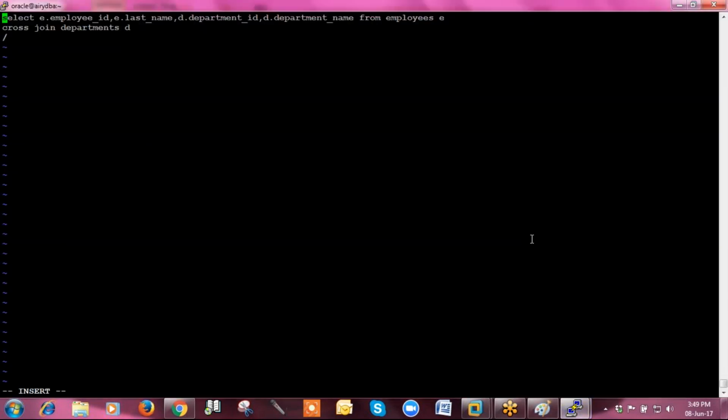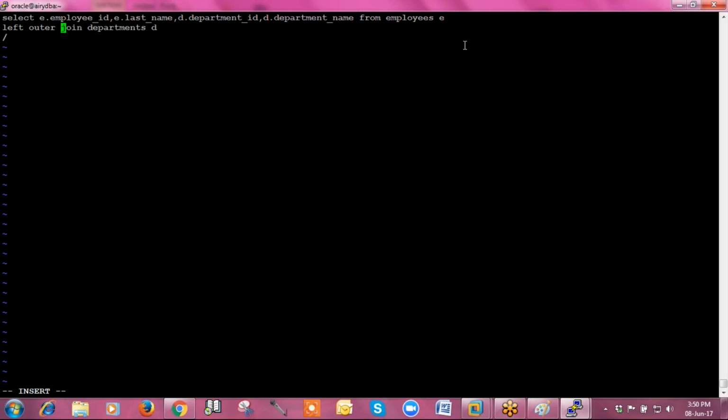So I have changed this cross join to left outer join. I'm not putting any joining criteria here, to help you understand that I am getting multiple values, those that are unmatched as well, from both tables.